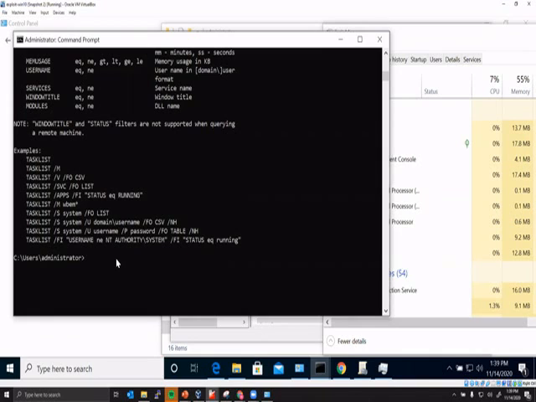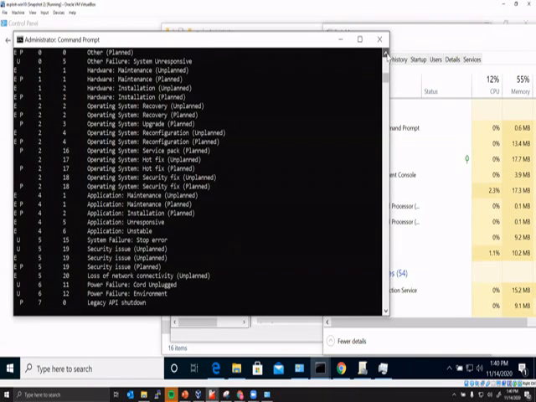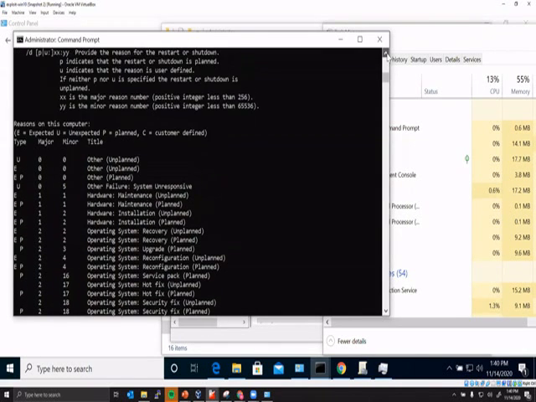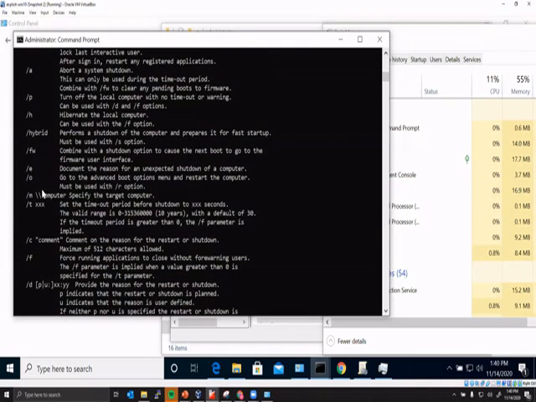Let's do a help here on the shutdown. This one is pretty useful, especially if you want to run this remotely. You can run some of these commands remotely via the command line itself. And you can add several different switches here. For example, I believe you can add a timer. So shutdown